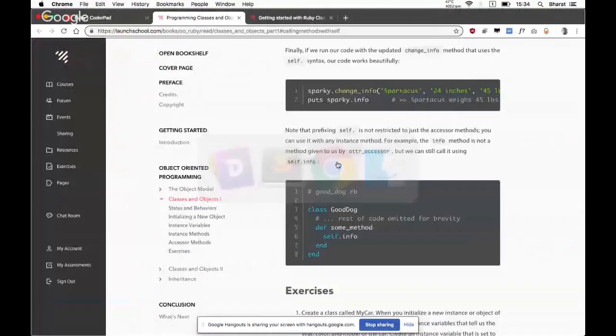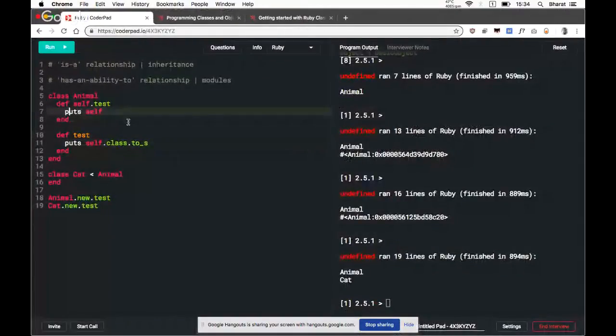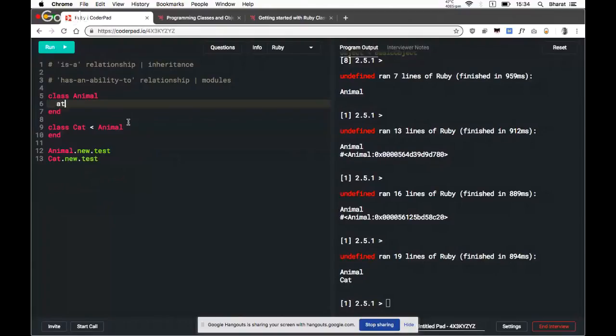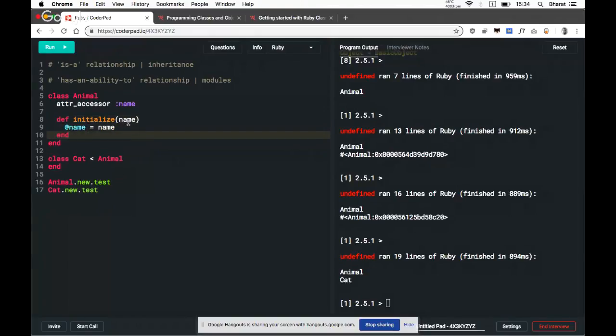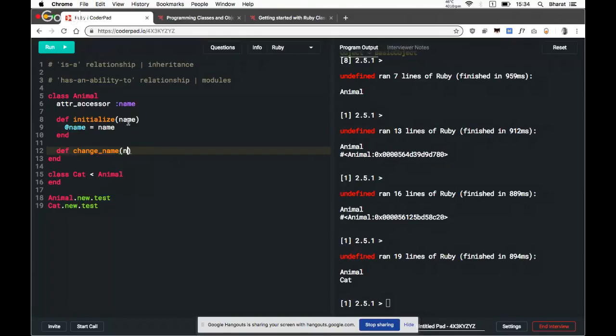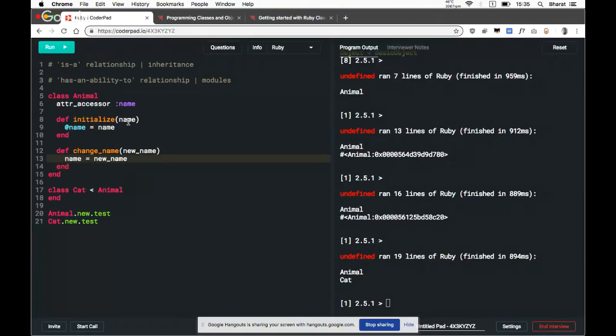Self helps out in the case of attr_writer, where if we do this, it won't work because we'll just create a new local variable inside the class.